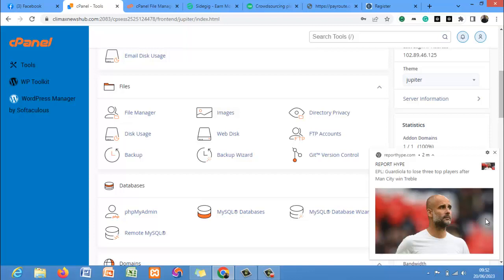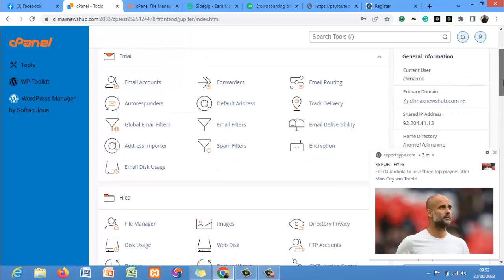Now, this is our cPanel. For those of you that are web developers or you design websites, you all know what the cPanel is. cPanel is just like the server side of your website, the back end of your website, where all information is kept, where all files are uploaded. This is where we are going to be uploading the software that we are going to use to design our VTU website. Before that, after you have logged into your cPanel backend, and we all know how to log into our cPanel backend,